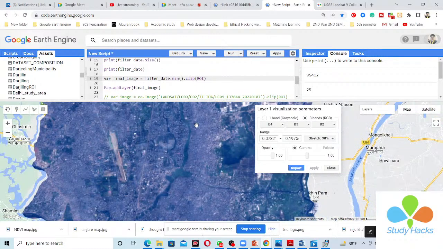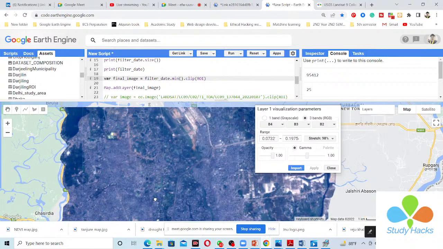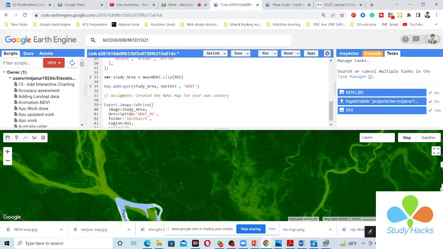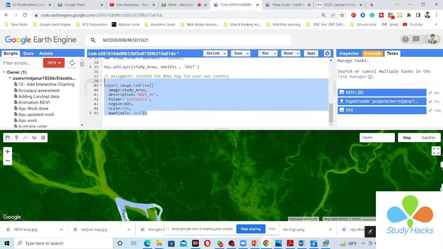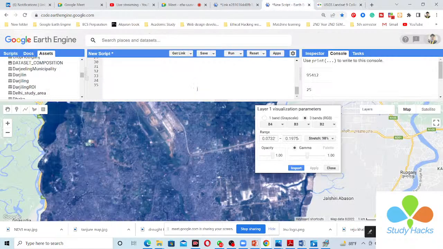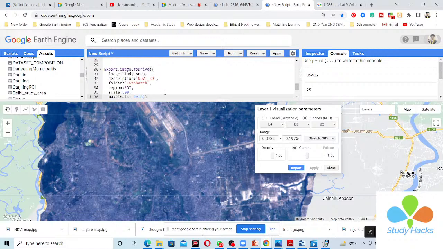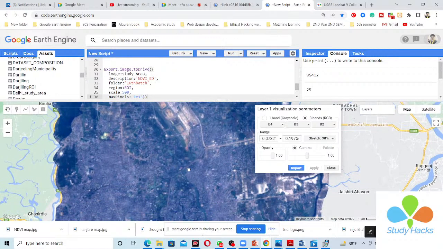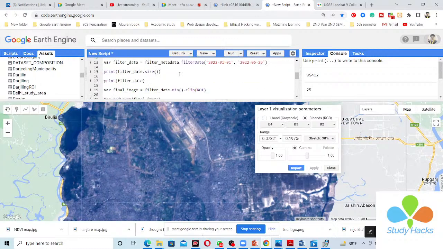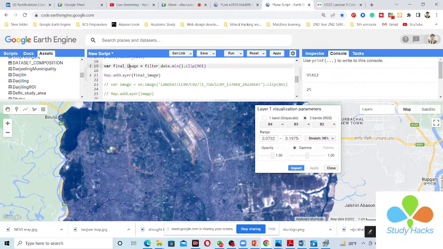Okay, so this time you can see I can get the image for Dhaka city. You can easily export this image in TIFF format, and this is the same process I am showing you here; you can follow the same process and easily download these images. So I simply copy and paste this code here. Then you can see what object you want to show. You just put the variable name. The object I want to show is the final image, so I simply copy